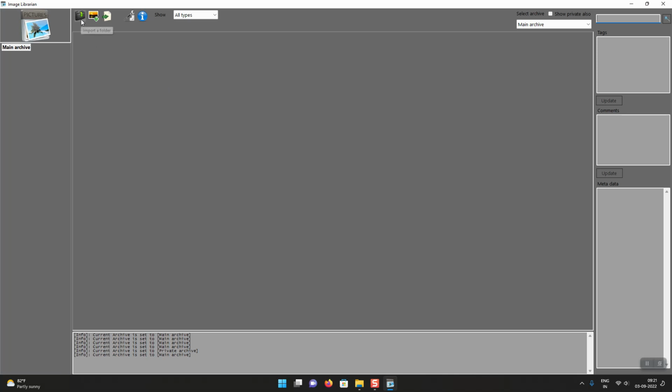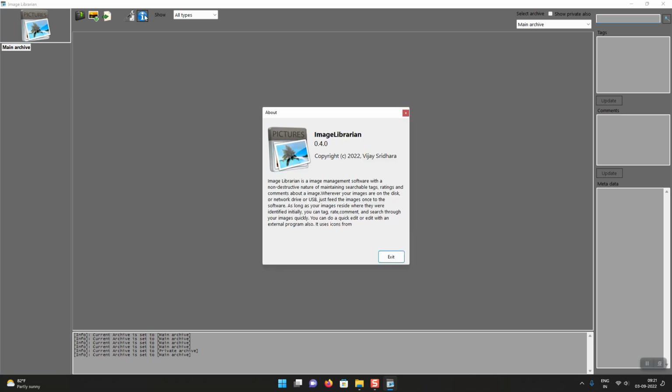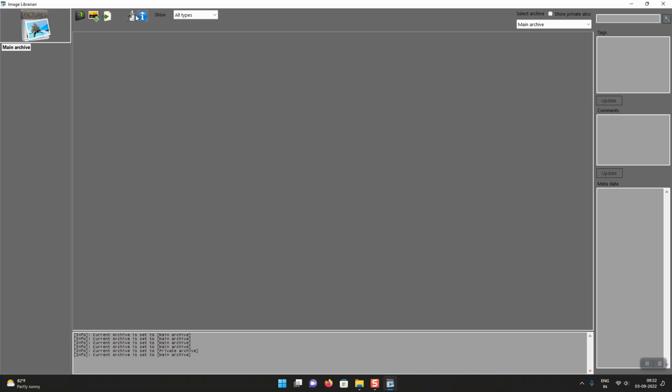You have a few icons here which speak for themselves. You can import a folder along with its subfolders. You can import multiple image files directly, and you can also export the selected files to a specific folder. So selected files will come from the workspace here. And then there is about ImageLibrarian, and then